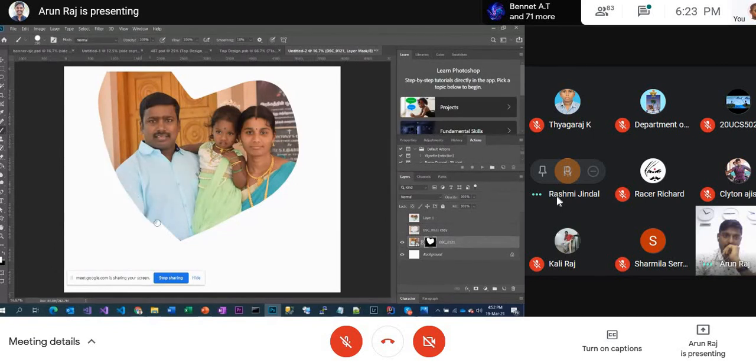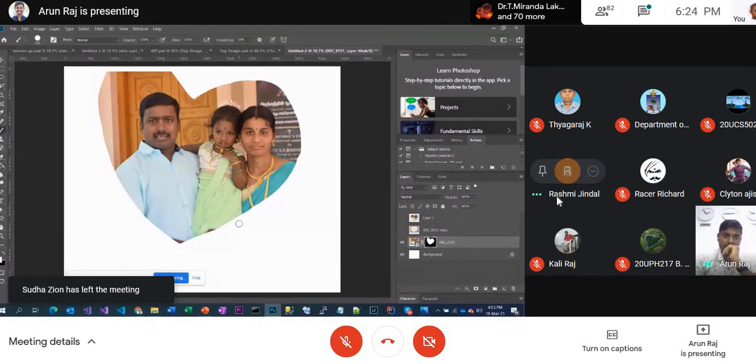You got the point? This is called non-destructive mode. This is where the smart object comes into place. Smart objects are one of the ways to keep your image non-destructive. You keep your quality, you keep your image as it is always. Any other question?